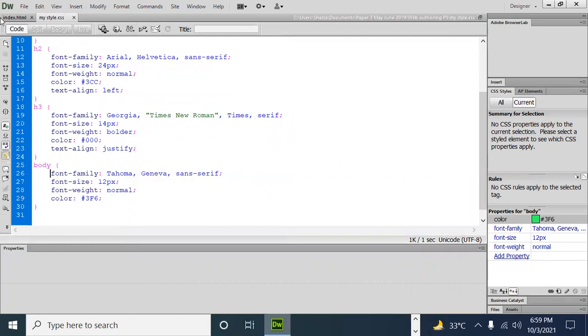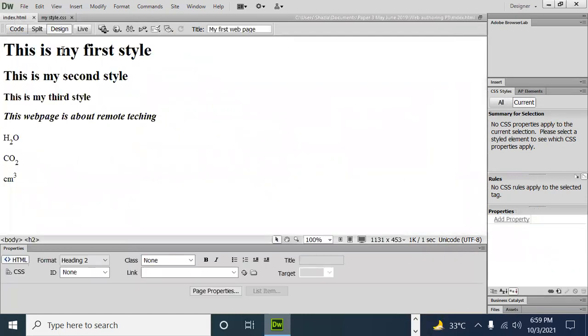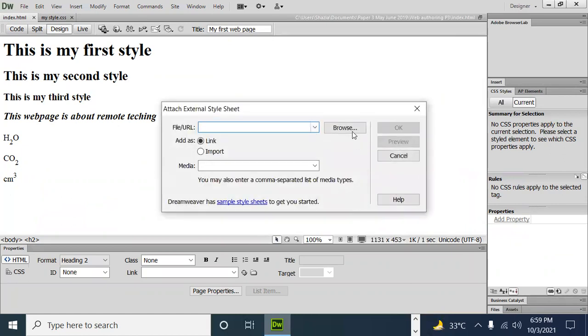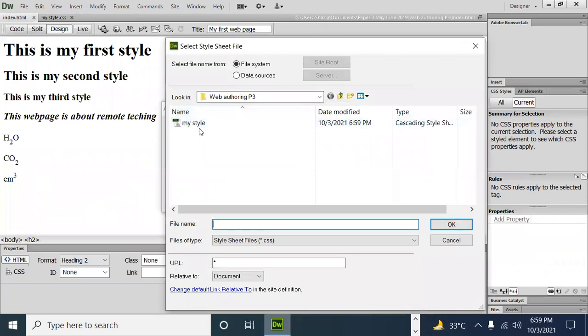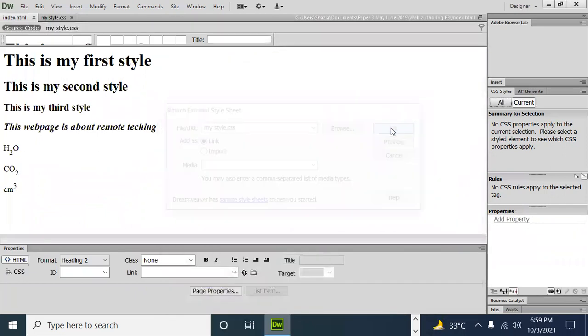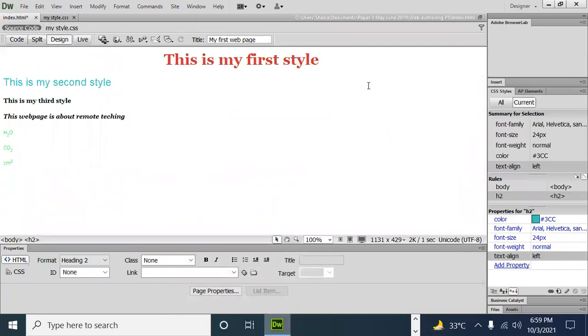Let's see, open this page and attach this new style, or presentation layer, with your HTML page. Just go attach, browse, and my style.css. OK. Now see, it has already been changed.